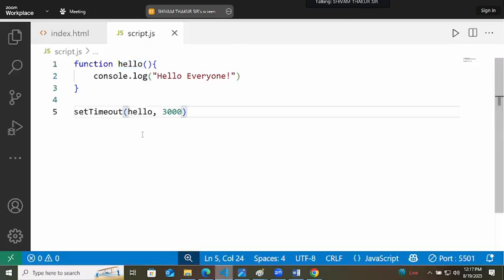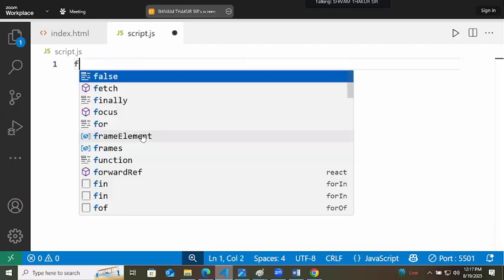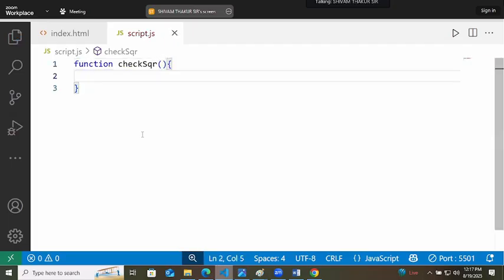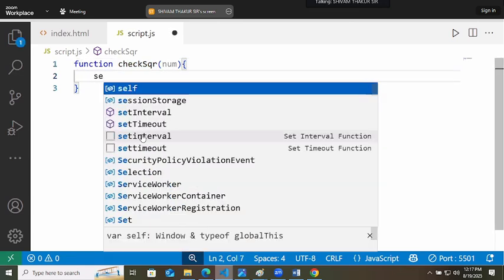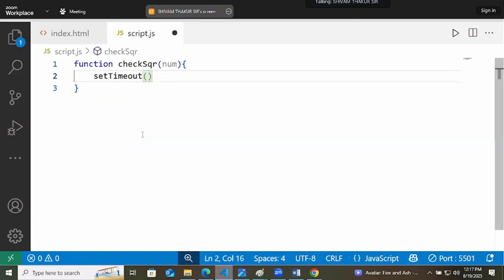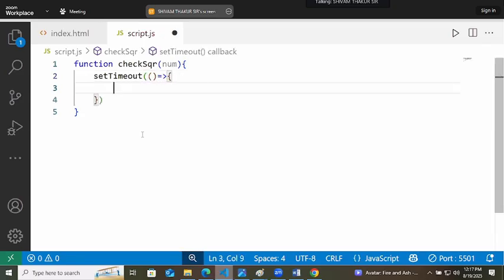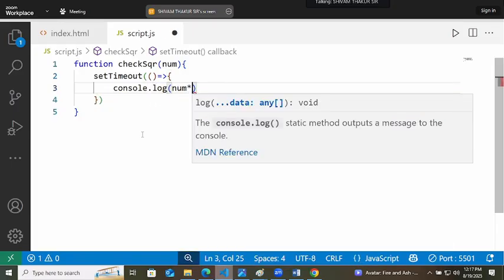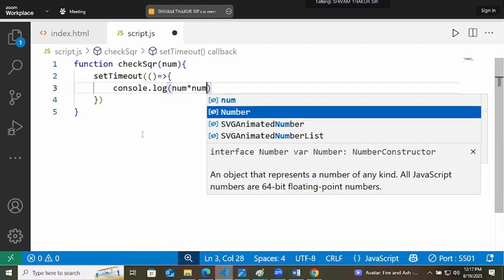Okay. Let's understand one thing. We have a checkSquare function. It will take one num. After taking one number, this function will use setTimeout and an arrow function, which will print the square, num multiplied by num, after 2 seconds.